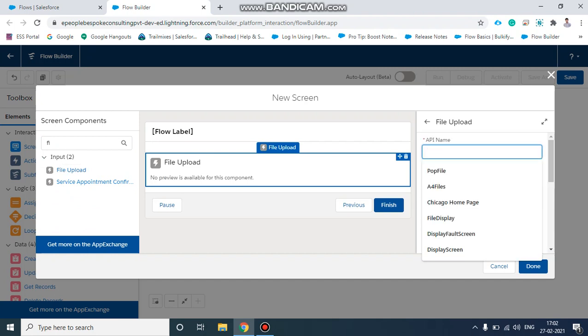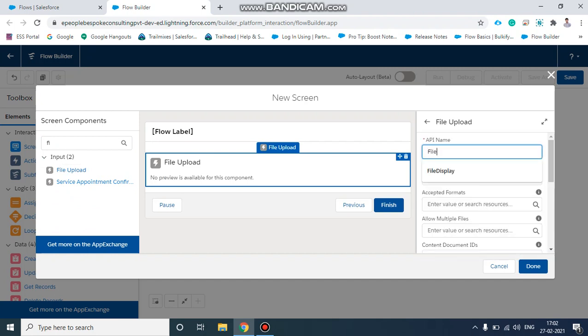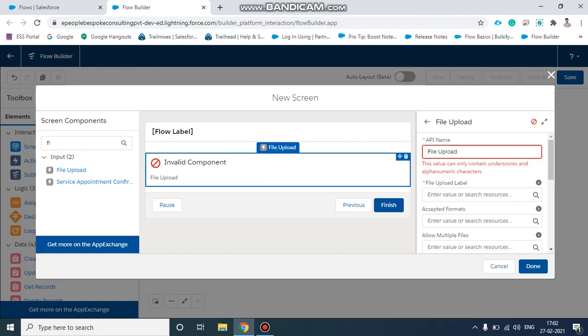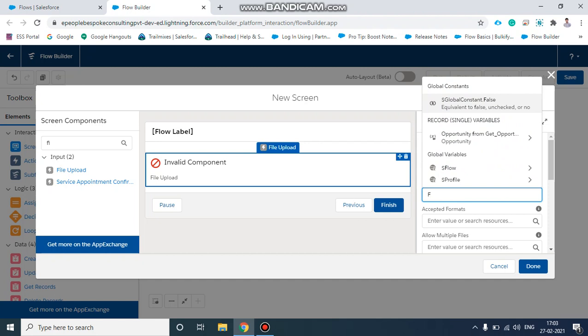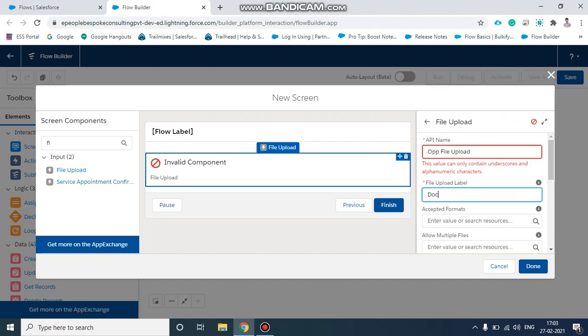We'll give the name as opportunity file upload, and the label as document upload.